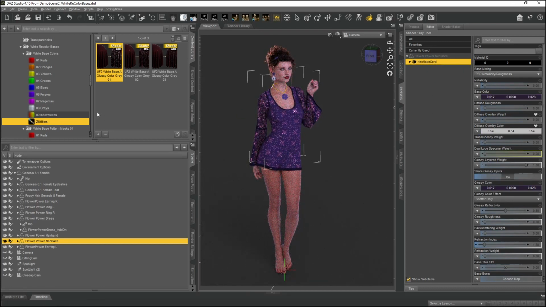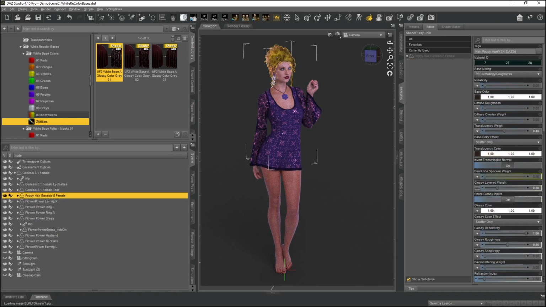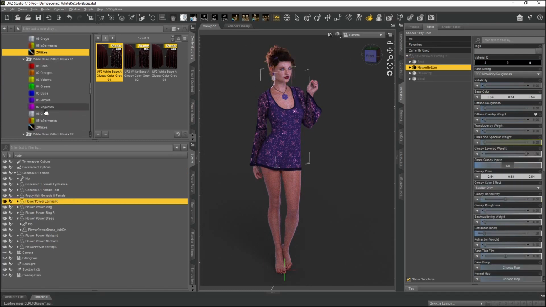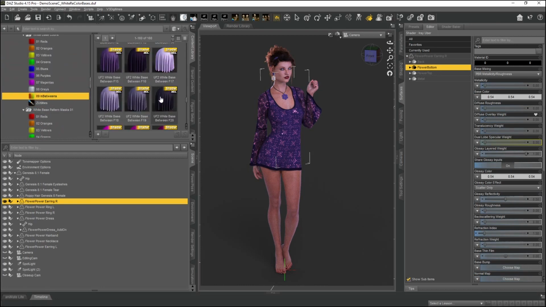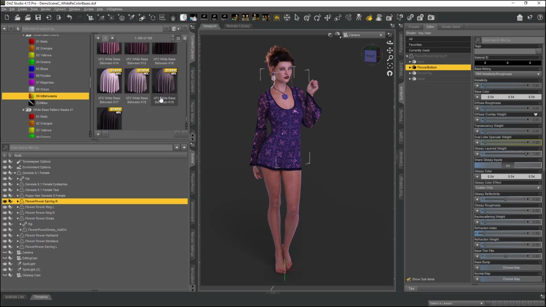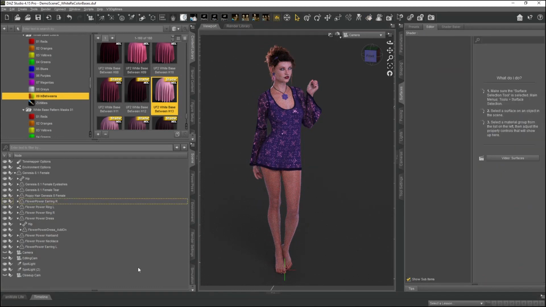Then I'm going to take a look at the pink, because I want to add it to this part. So that pink was in in-betweens, and it was way down here, and it was pretty darn light, I believe right here. So now I've added that, and you can see how quickly I just changed all the accessories,